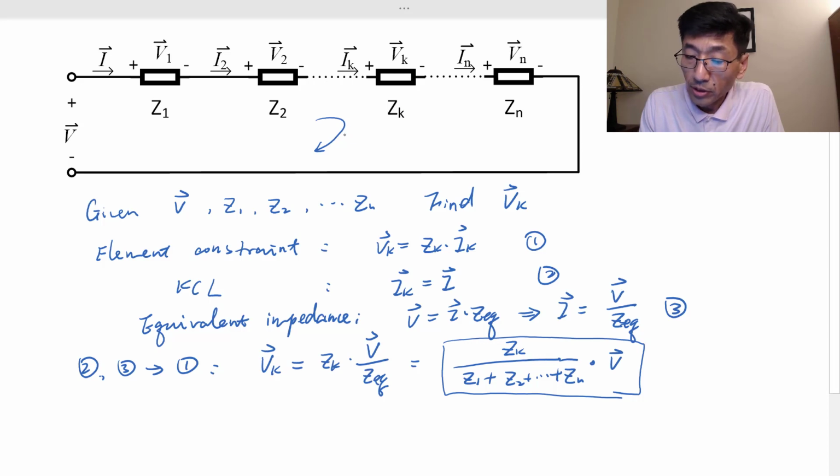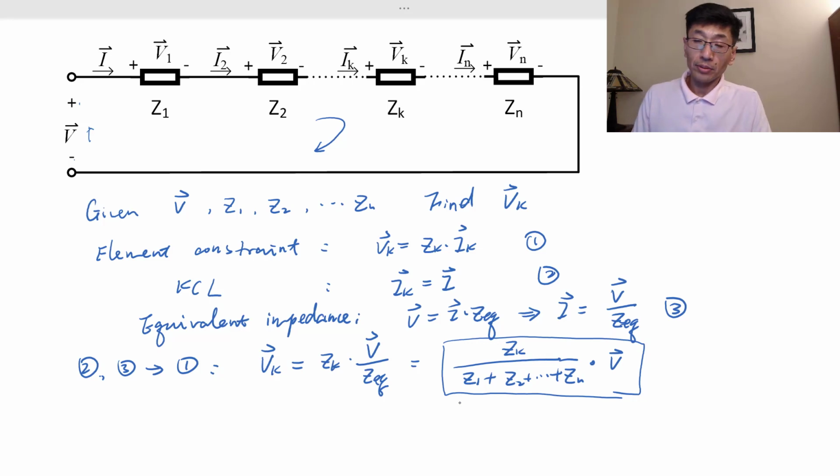Let's see, if we choose a clockwise direction, the total voltage V here is a voltage rise from negative to positive, and from positive to negative, the voltage drop across Z sub k is V sub k. So one is the rise, one is the drop. This equation is derived based on this convention, right? So if someone tries to trick you and labels the voltage V sub k the other way around,